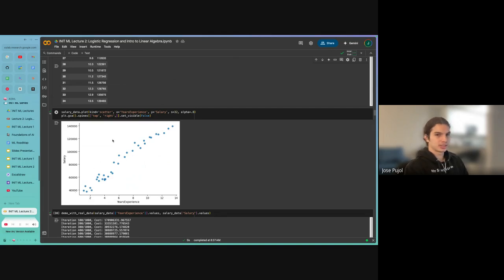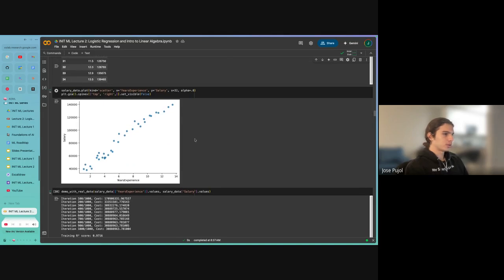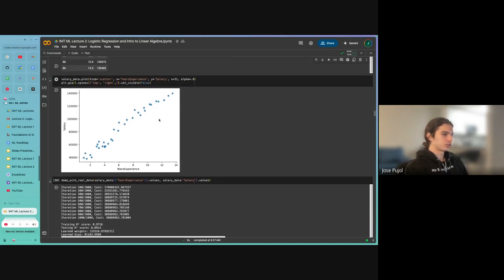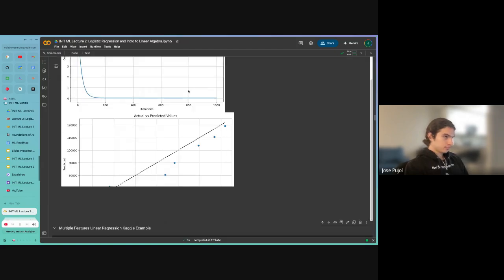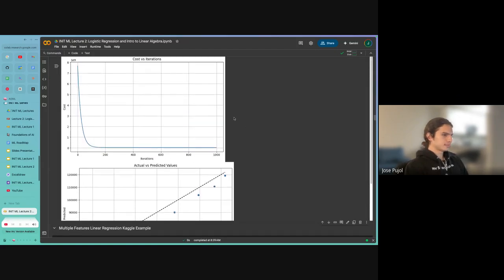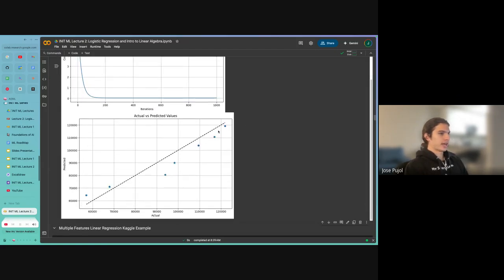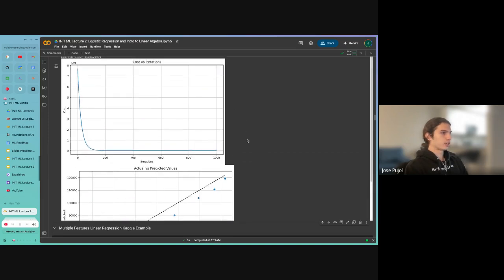This is a super easy pattern for the model to understand. And if we do that, you can see that the model does capture that variation quite closely, and it converges very rapidly as well.